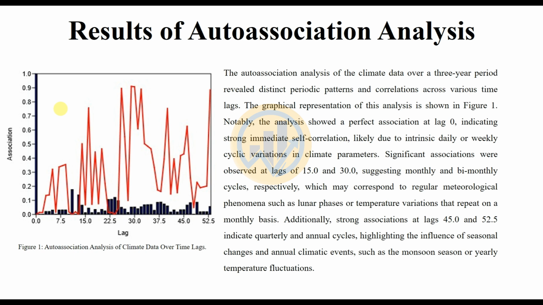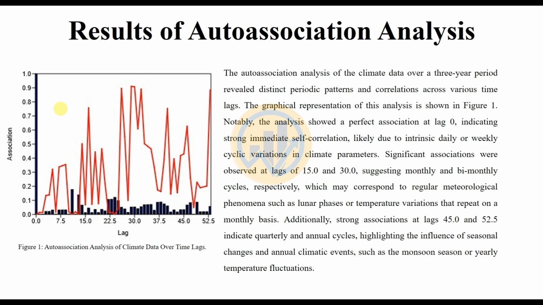Additionally, the strong association at lags 45 and 52.5 indicates quarterly and annual cycles, highlighting the influence of seasonal changes and annual climatic events such as the monsoon season or